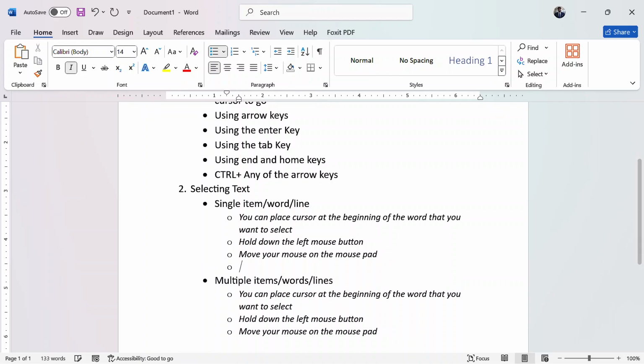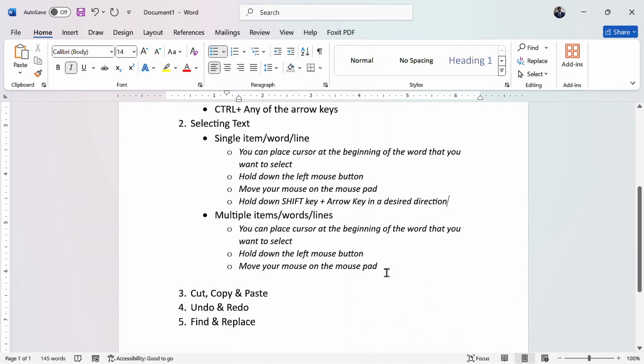Actually, before, let me also give you a shortcut here. You can hold down the Shift key plus an arrow key in the desired direction.